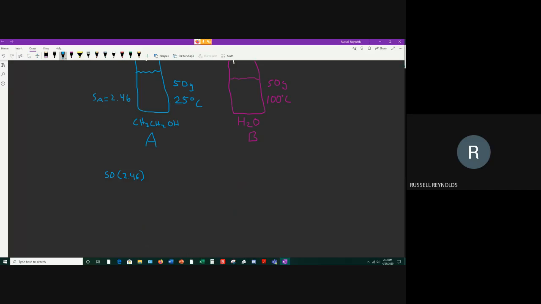And so now we're into the delta T part, but what we want to do is break apart delta T, and we want to rewrite that as TF minus the initial temperature. And so our initial temperature of the ethanol is this 25 degrees C. So TF is our variable minus 25. And we're going to set this equal to